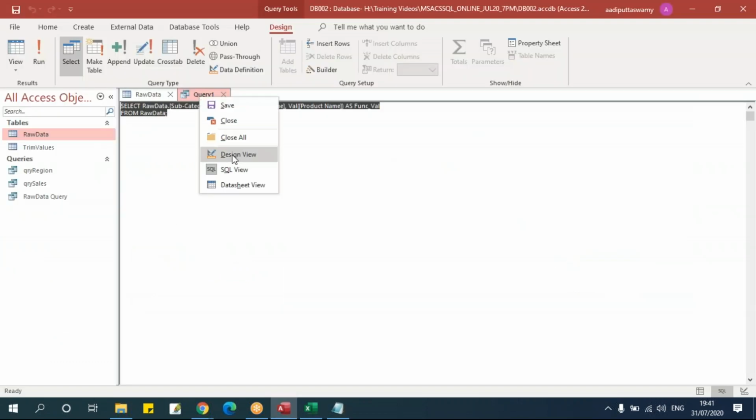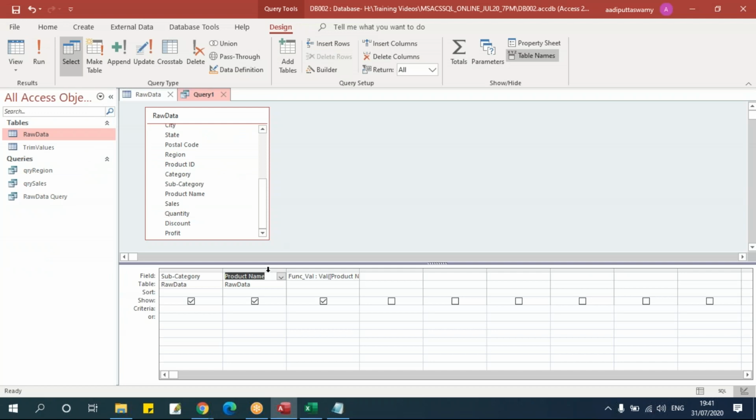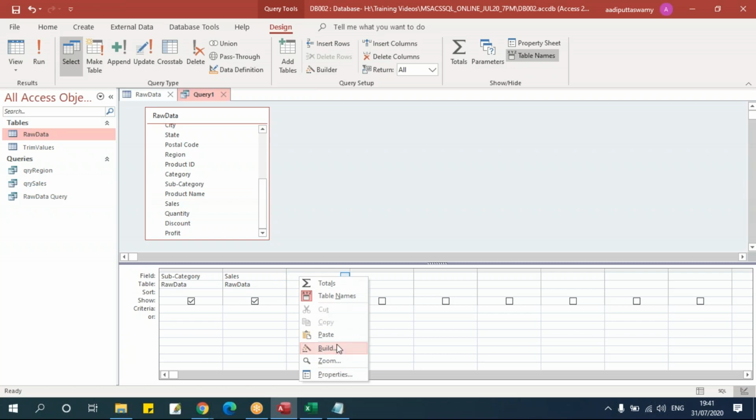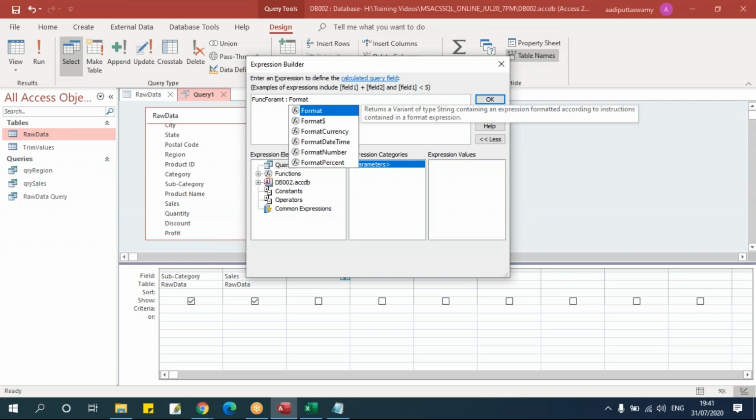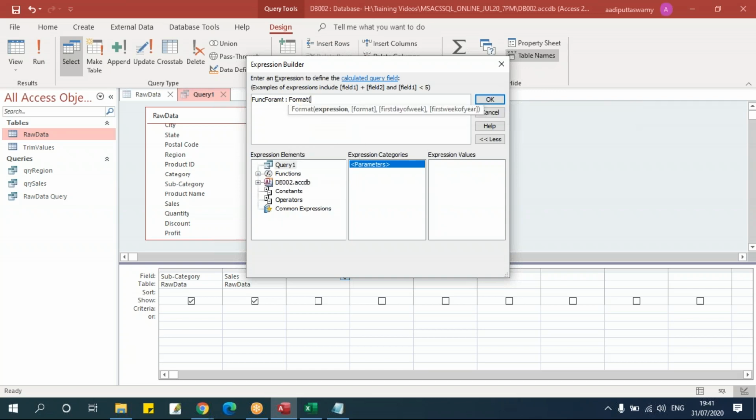Say right click, design view. Let's take sales. And here right click, go to build, function, format. Here I'll take Format, open bracket. It says expression.